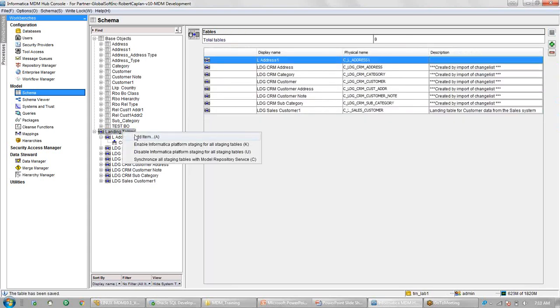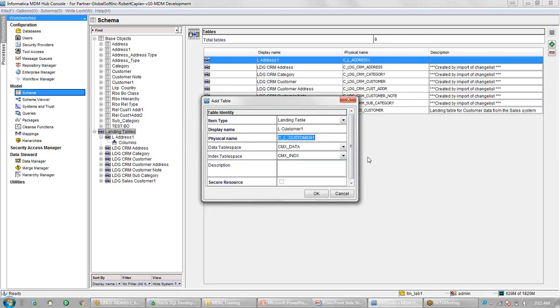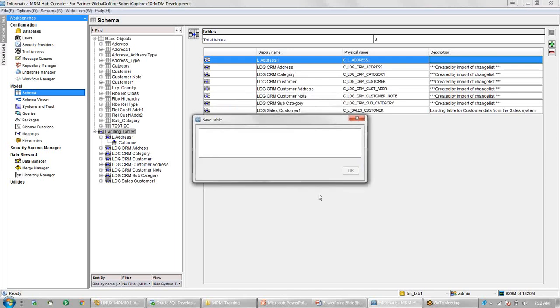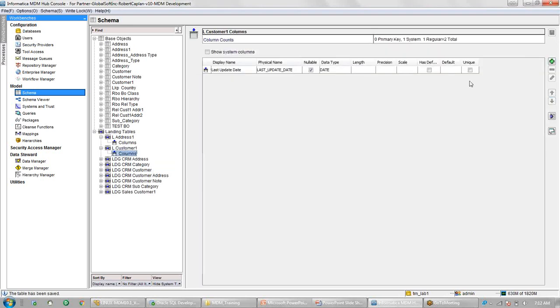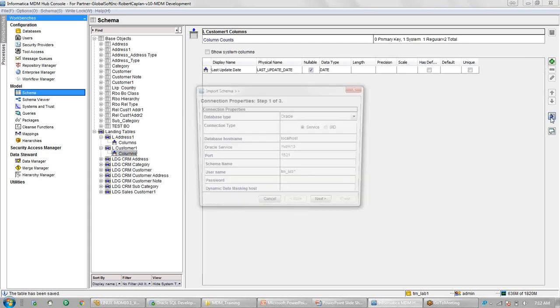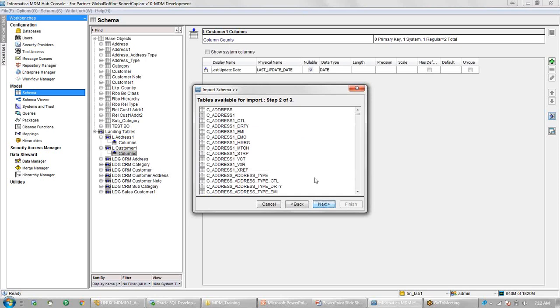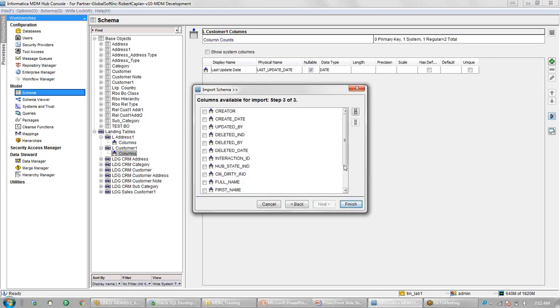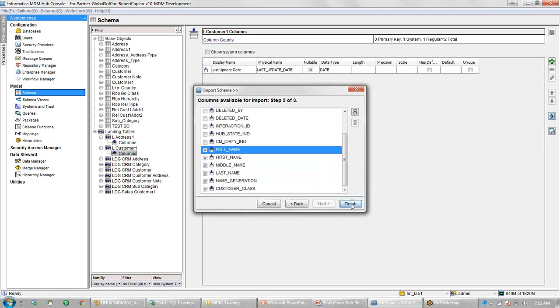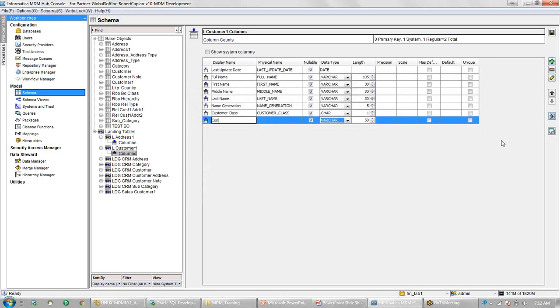And similarly for customer, again I will pull the data from the customer base object only, because I want the same number of columns. And I will add one more column like customer ID.